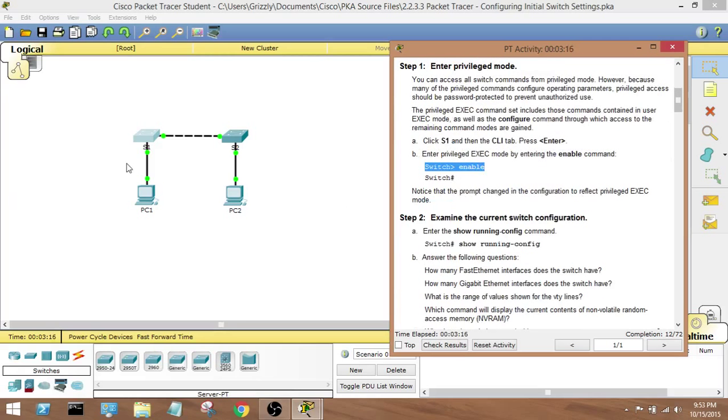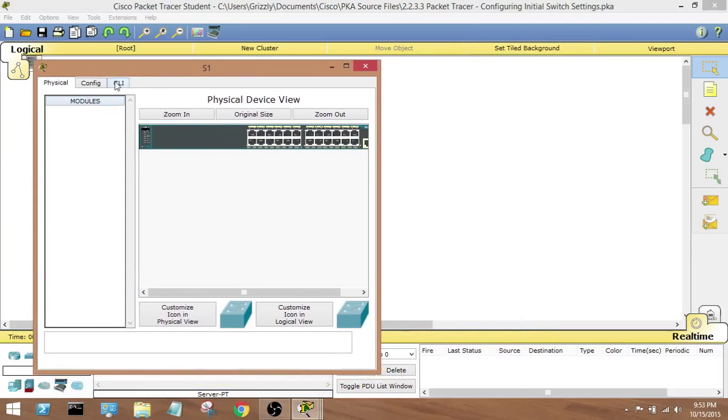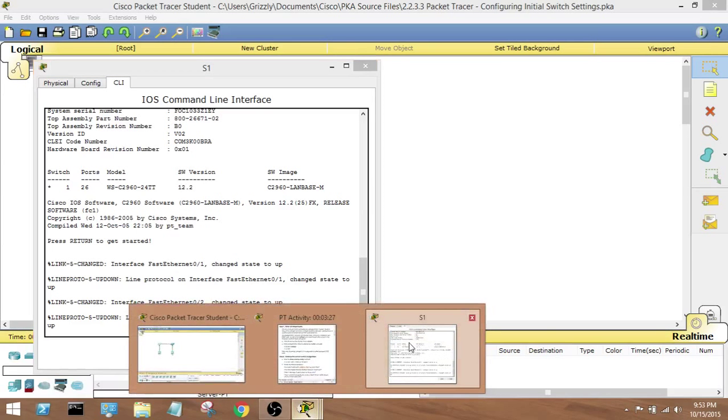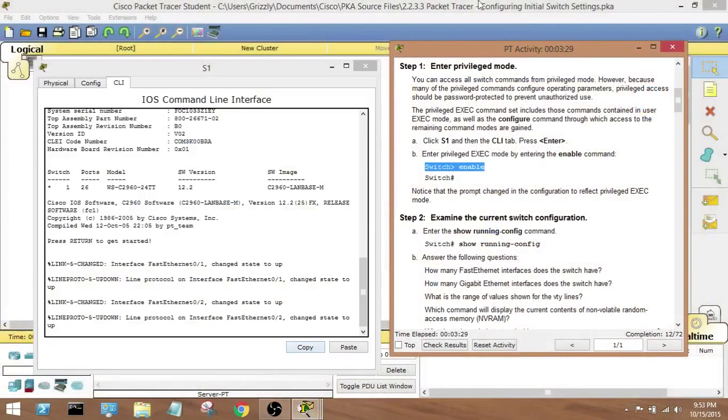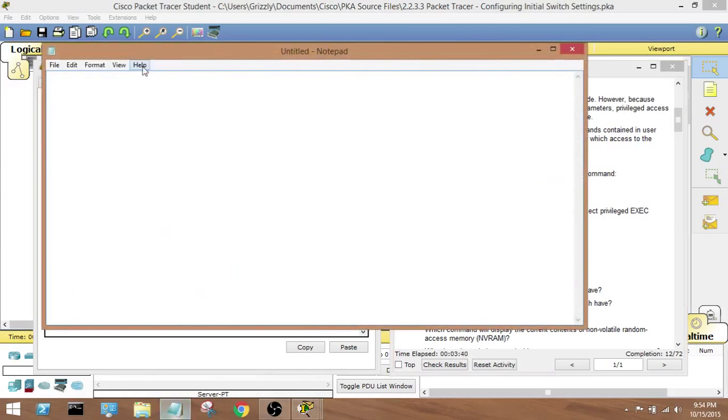Okay, so when you first enter a switch, let me open up the switch here. Okay, let's pretend I just connected through another computer through the console port, which I will go over also. It is one of the vocabulary terms. My suggestion for you guys is, while you're going through this stuff, pull out a notepad and then type out stuff like